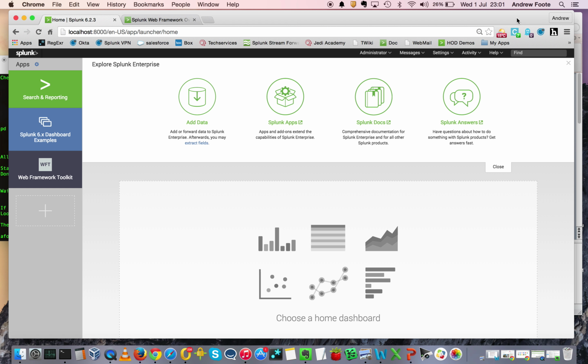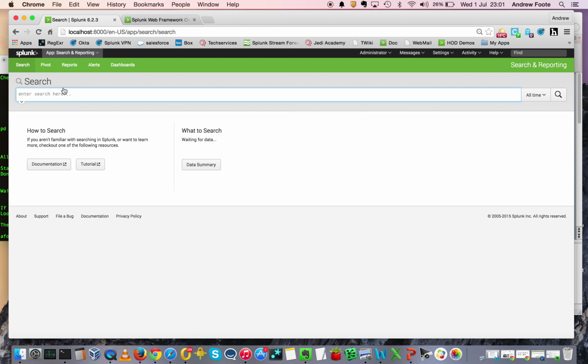Okay, this is the default Splunk landing page. From here, I'll select the Search and Reporting app. This is the Splunk Search and Reporting app default page. You can see the Splunk search bar from where search commands can be issued. I have onboarded a dataset of San Francisco Police Department crime data from 2013 that I will explore during the